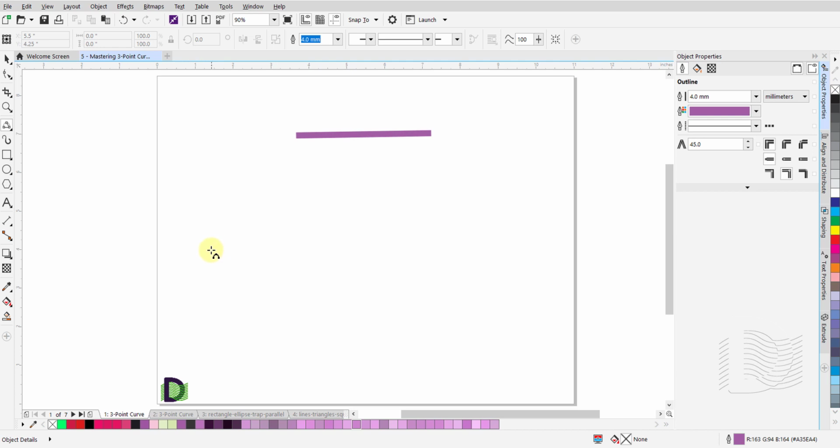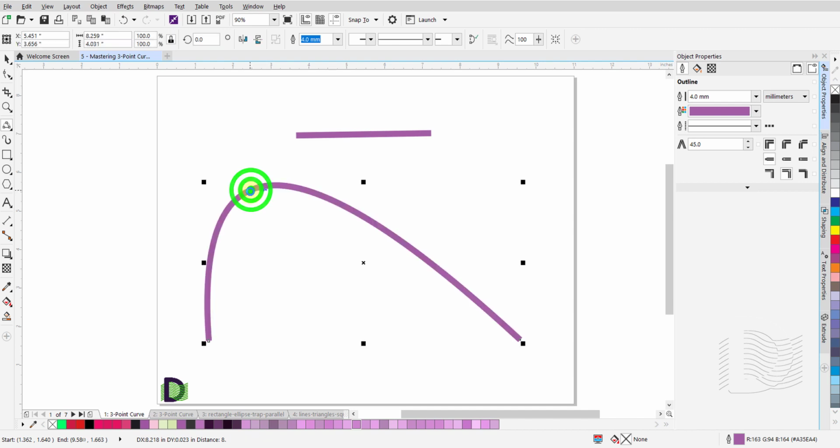But with a name like the 3-point curve tool, it is best used for drawing curved lines. To draw a curved line, click and hold the left mouse button. Drag the mouse to the intended end point. Again, you will notice a thin black line showing you the path of this line. Release the left mouse button and move your mouse around to form the curve that you are wanting to draw. Once you have the desired shape and height of your curved line, left-click once to complete this curved line. This disengages the cursor from the canvas as well.